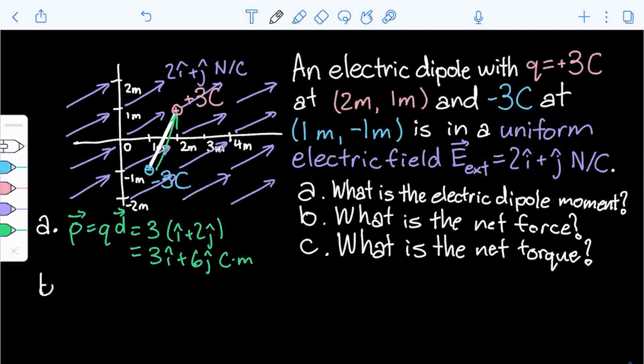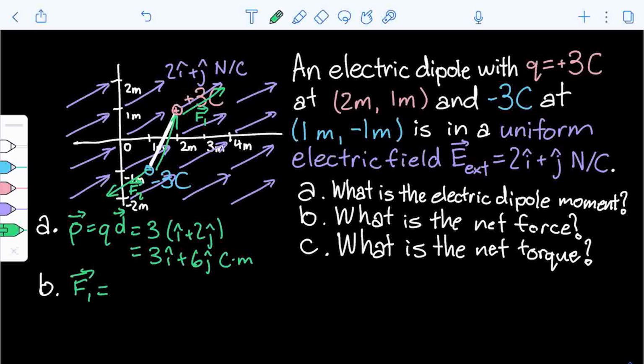Next, B. What is the net force? So we want to draw what the actual forces on this dipole are. So there are two forces on this dipole. There's the force on the positive charge and the force on the negative charge. And I'm going to label the one on the positive charge F1 and the one on the negative charge F2. So, to calculate F1